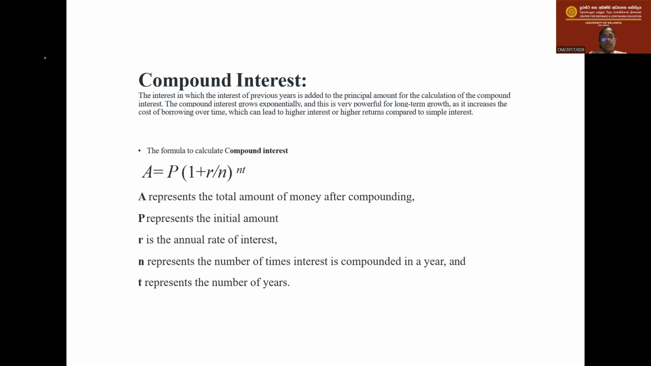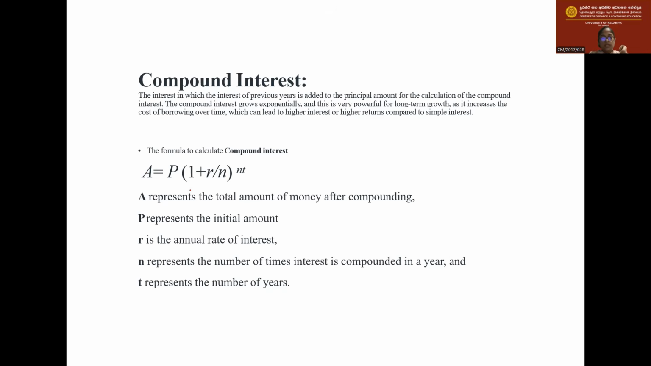You have to take A. A means the total amount of money after compounding. P means the principal amount or the initial amount. Then you have to multiply by 1. 1 is fixed. Always it's fixed. You can't change 1. 1 is the definite one, plus default. Plus R, the rate of interest, divided by